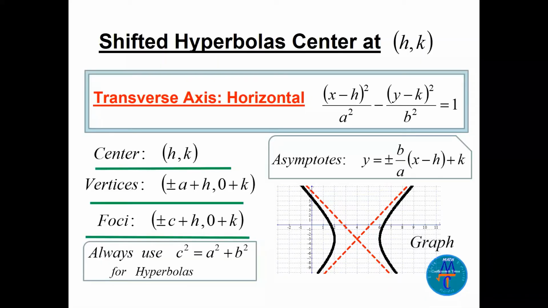Hello guys, in this video I'm sharing with you 5 different questions with complete solutions related to hyperbolas. We will find the equation of the hyperbola, the foci, vertices, eccentricity, the area of the central box, the equation of asymptotes and other stuff. At the end of the video, you can find 3 practice questions for you to do